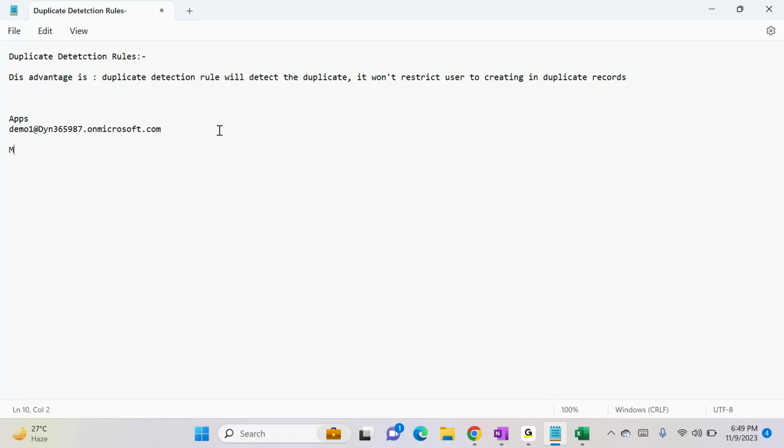So model driven app will have entities that we can enable, dashboards that we can enable, and sitemap. Again, in sitemap, we will have area. Under area we will have groups. Under groups we will have sub areas. So we have enabled only two dashboards in our